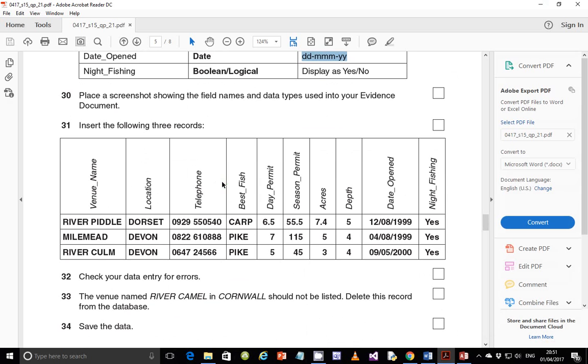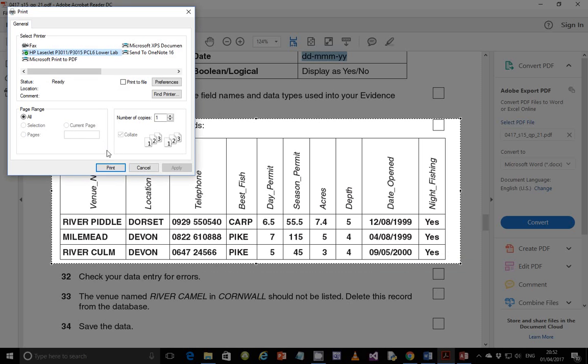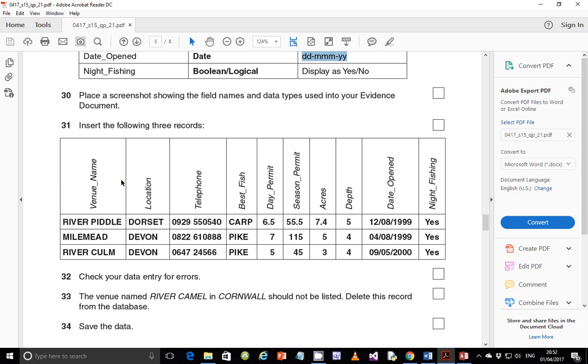So step 31, insert the following 3 records, and these are the 3 records. So as usual, what I'm going to do is I'm going to just get a snapshot of this and print it so that I can have a hard copy instead of me flipping back and forth between this screen and the Access window. I'm just going to crop this like this and print it from Lightshot. And that's how powerful this software Lightshot is, guys. You can just get a snapshot of what you want to see, print it right from there, and it will look so beautiful when it comes out on paper. So let me just get my printout of this part